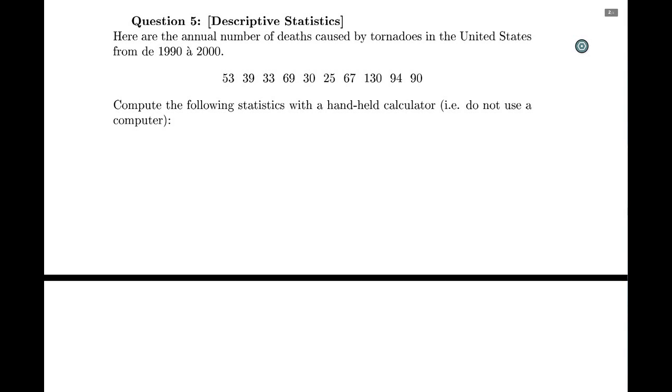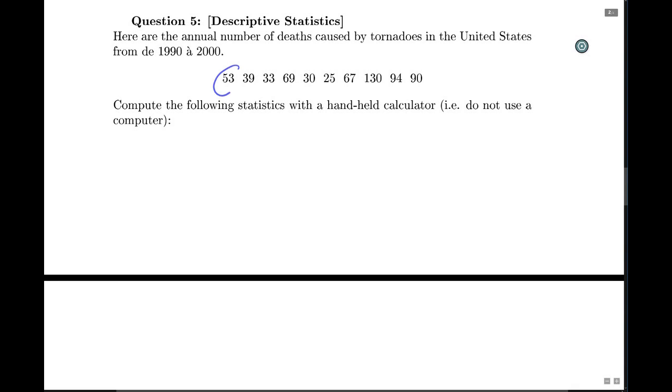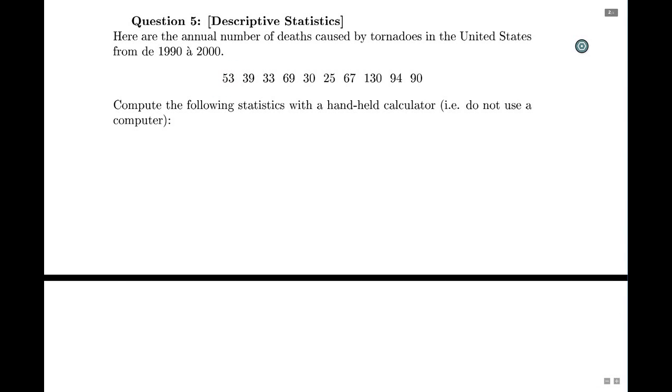The topic of discussion for today is simply the computation of a sample mean and sample standard deviation with a small sample. So here we have data from the United States. The statistical units are simply years, where we're going to describe that year with a number of deaths caused by tornadoes. For example, in 1990, there were 53 deaths due to tornadoes in the United States. Okay, and so here what we'll do is we'll compute the sample mean and sample standard deviation for